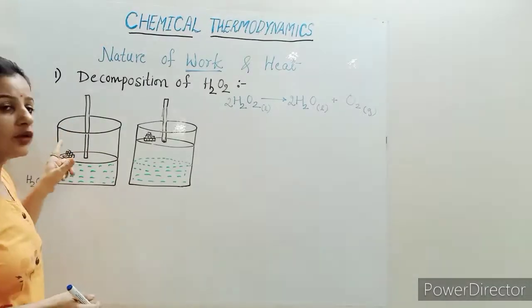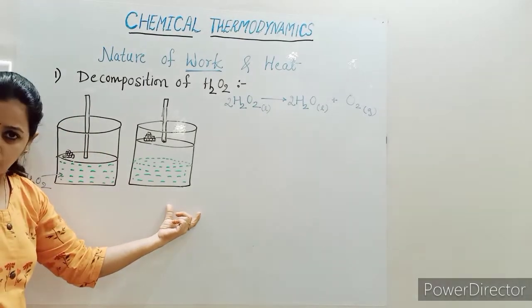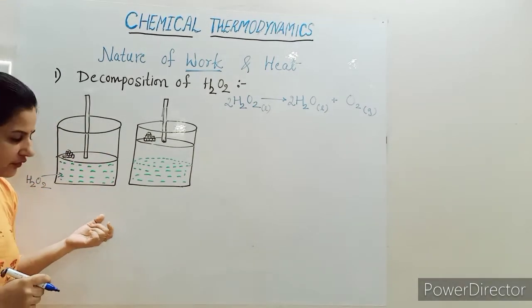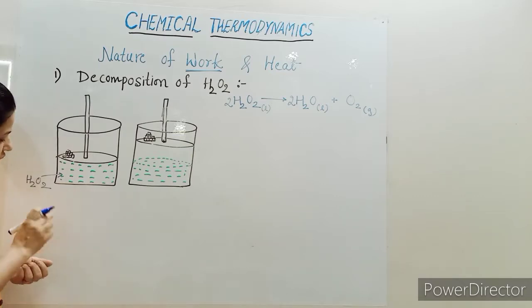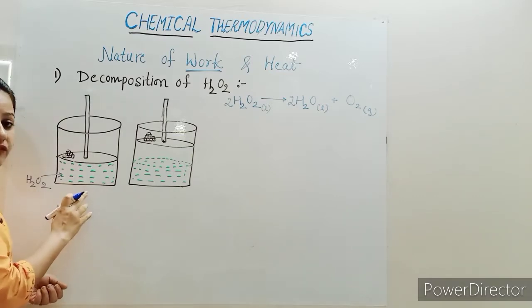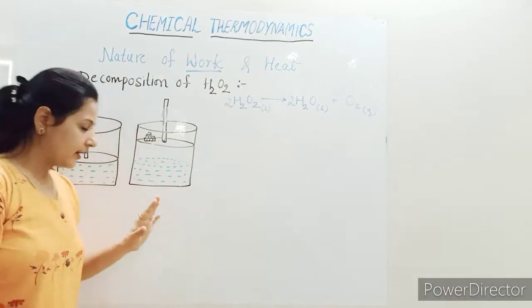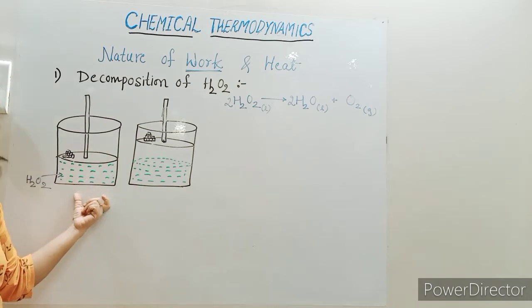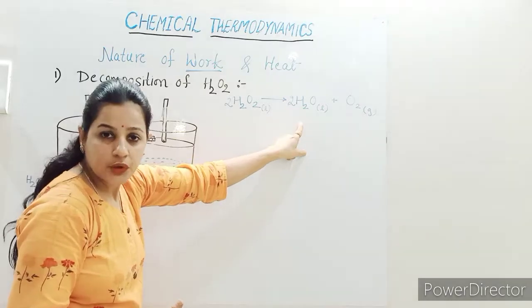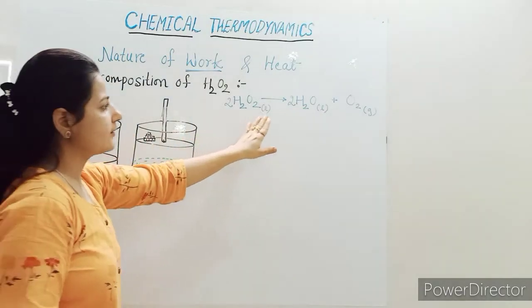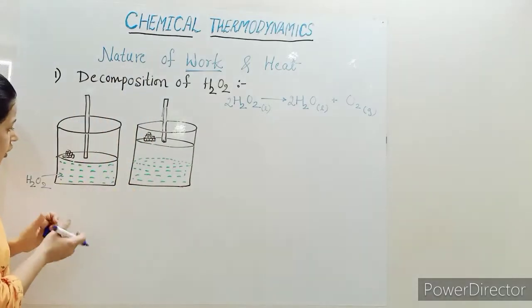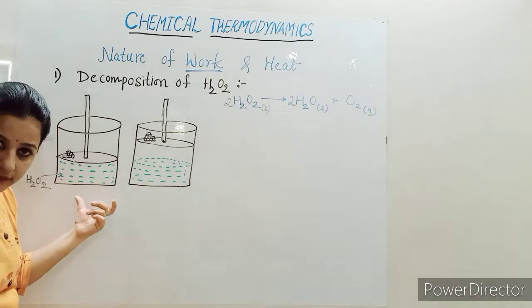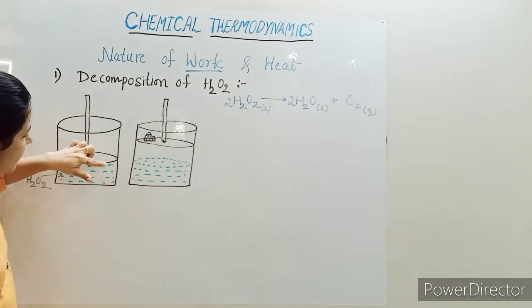This is my system, in which I have taken a container which consists of H2O2, hydrogen peroxide. Now what will happen? This hydrogen peroxide, after a reaction, gets converted into water and oxygen. We know that it gets converted into water and oxygen. So now I have made an arrangement like this: I have taken H2O2 in this container, and to this container we have